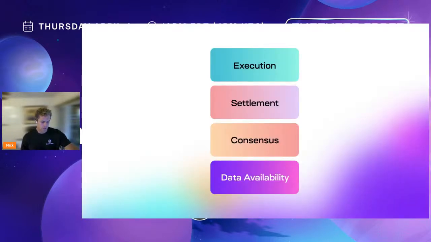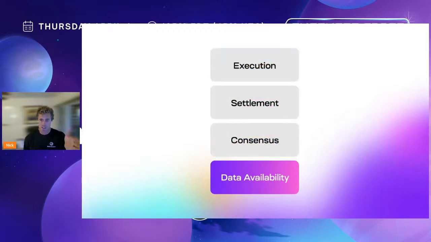Okay, so I have 10 more minutes. I'm going to try to get through all the rest of this stuff. Now I want to talk a little bit about specifically what's happening at each layer of the stack here. And again, this is not exhaustive. This is just the 4 main layers that people talk about, but there's lots of different components that are not covered. And I'm also taking a little bit of creative freedom to interpret some of these layers a little bit.